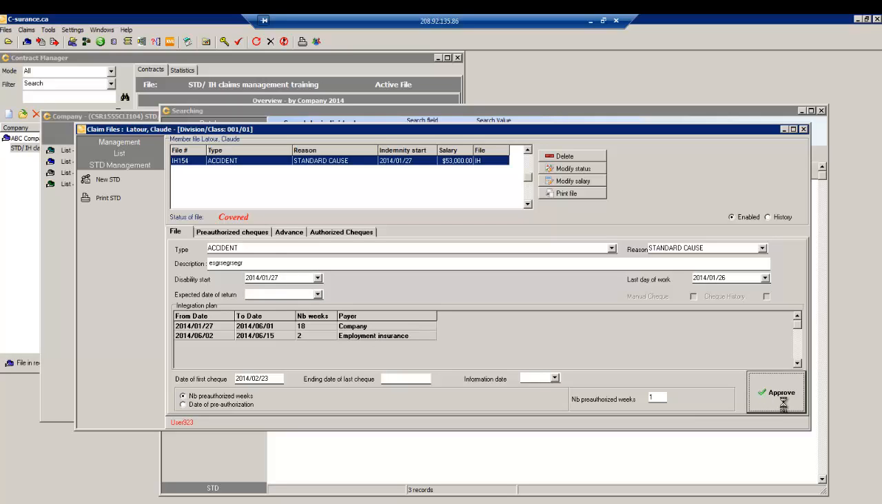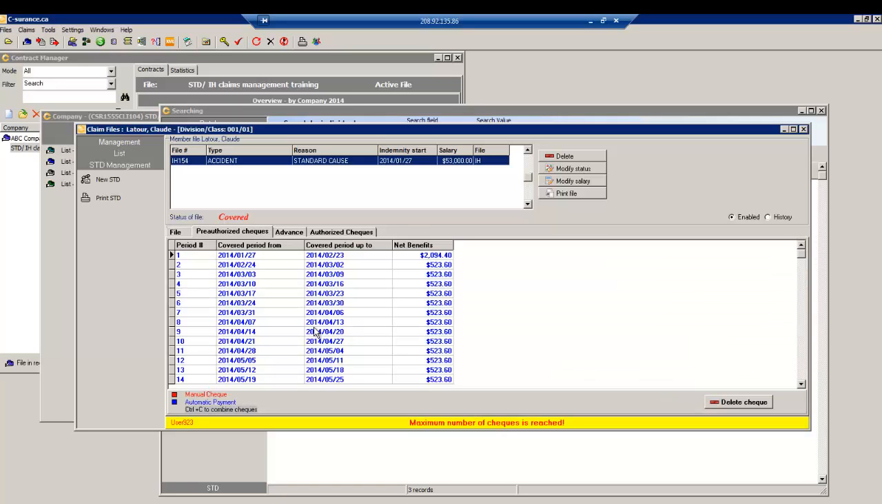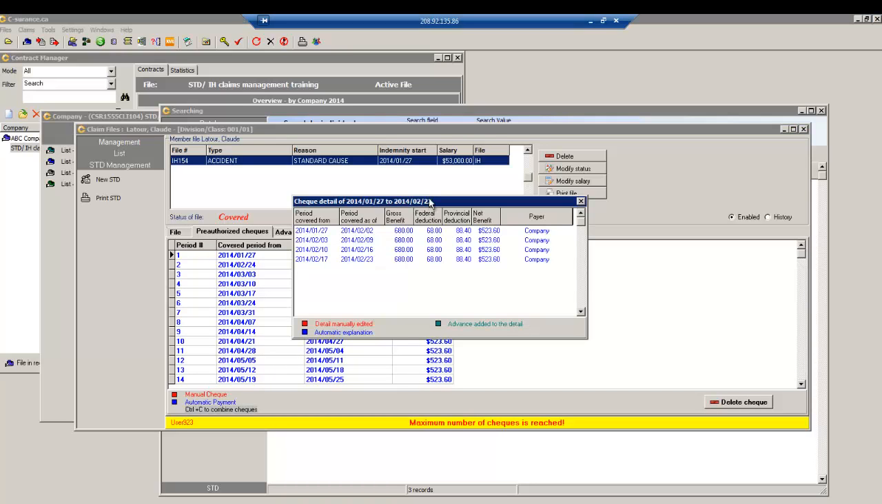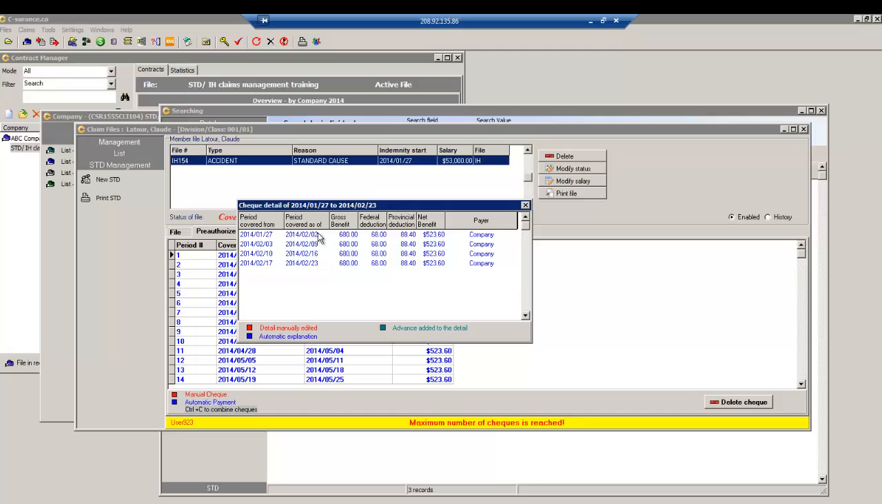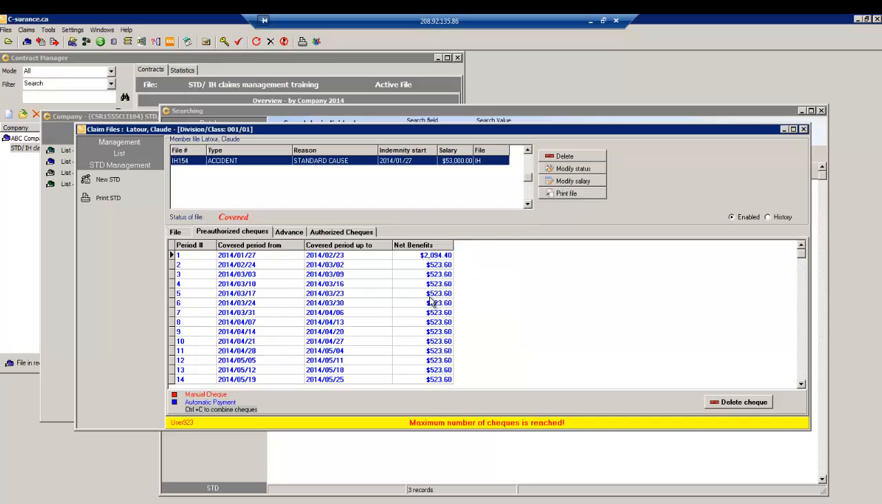So if we approve of this, the system will now do all the calculation for us and provide us with the numbers associated to this contract, and we will now have the information here. So obviously if we double click on the first item, we see that yes, we do have 4 weeks of payments that are associated to this, because these are the 4 weeks prior to today's date, or prior to the first week of payment. We do have the gross amount, we have the federal and provincial deduction, as well as the net benefit, which includes of course the total of the actual check that we will be issuing for this